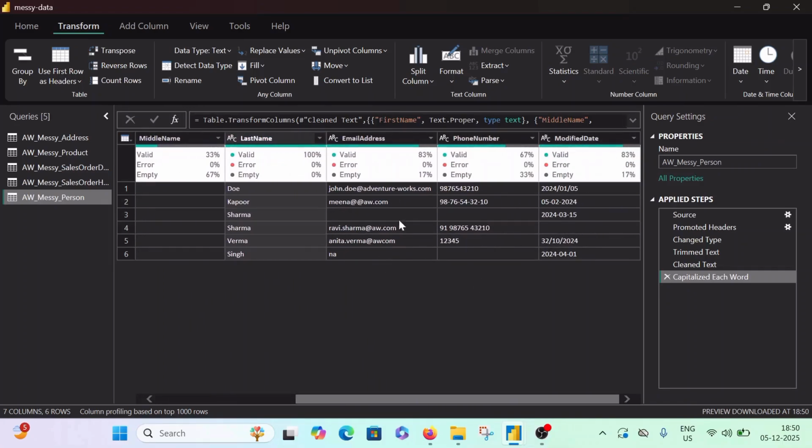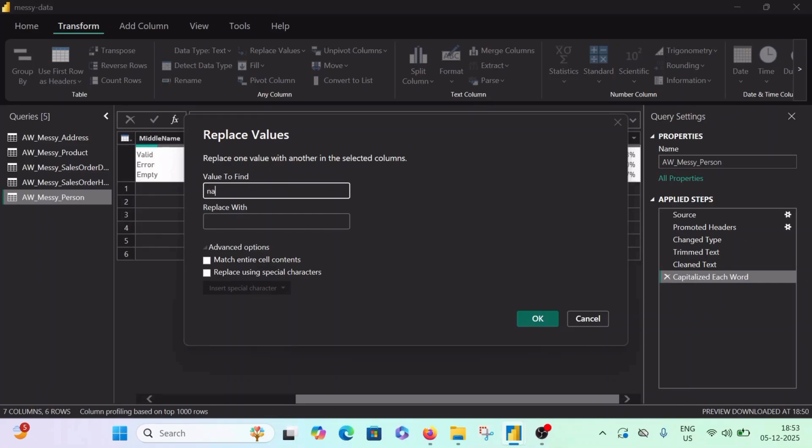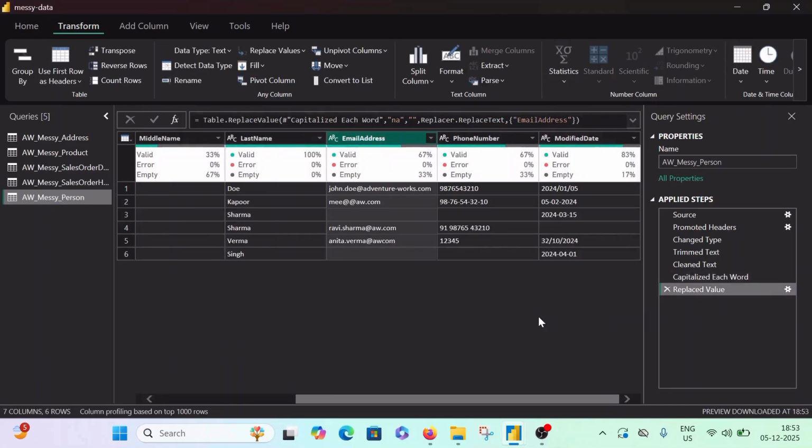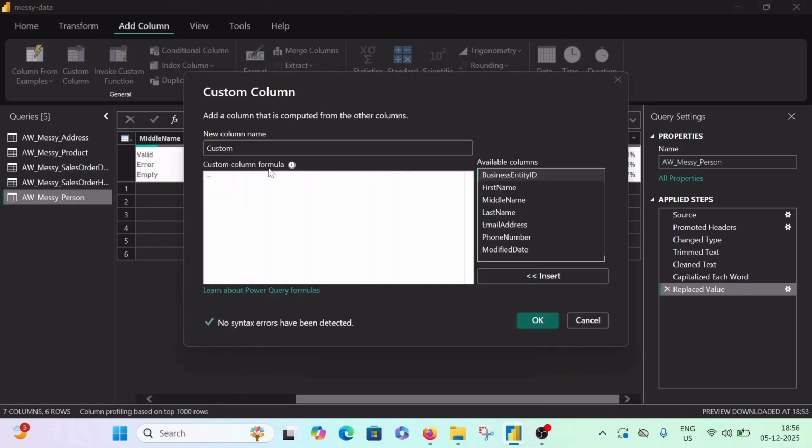That was simple. Now at the email address, you see there are blanks, there is NA over here, there are even double at the rates. So first thing first, let's just replace NA. Then we have to right click on the email address, and click on replace values. The value to find will of course be NA, because we have to replace that, and we have to replace it with a blank space. Now I'm choosing blank space because there is already a blank available in the column, and I need uniformity amongst the things that we don't have in the column.